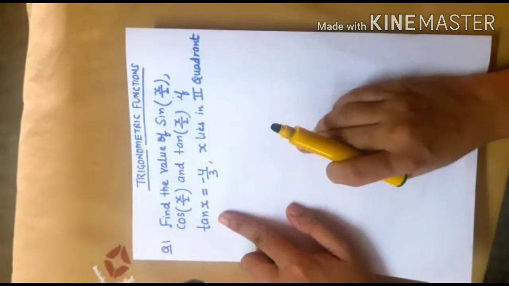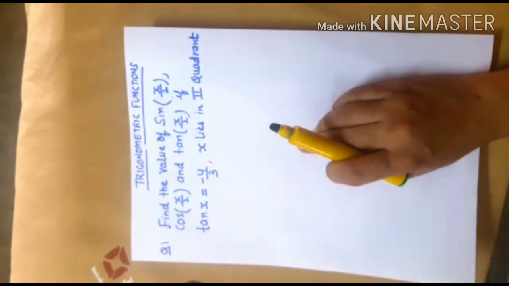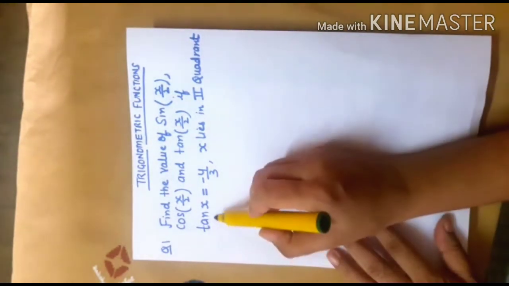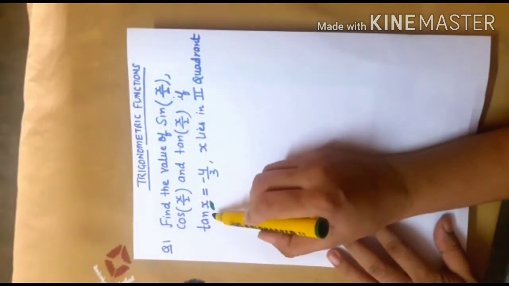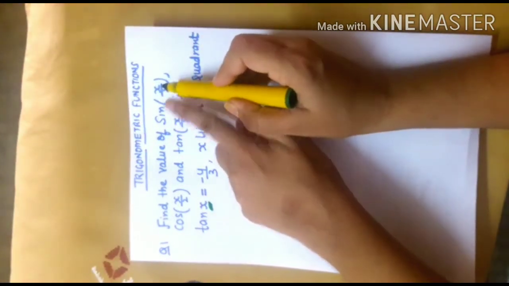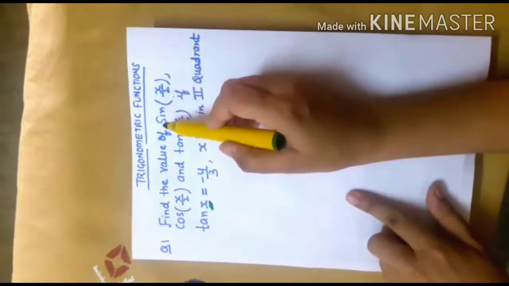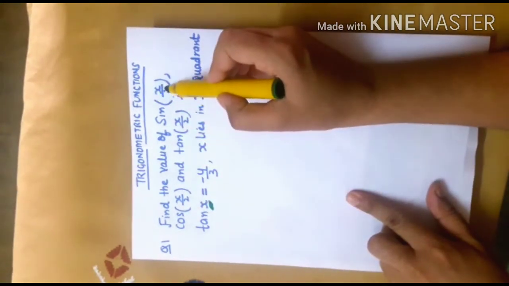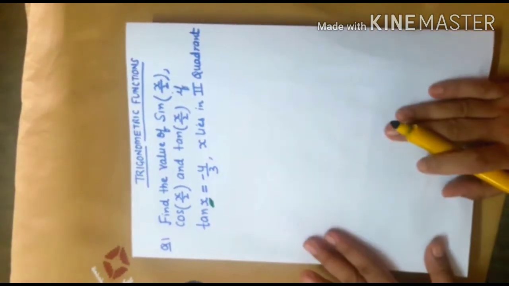One of the trigonometric functions is given. We can find the value of all the 5 trigonometric functions using that one given value, right? But here I'm given the value for tan x, but I need to find the value of sin x by 2, cos x by 2, tan x by 2. That means I need to find out the trigonometric ratios for an angle which is equal to half of x, right? So what we do,